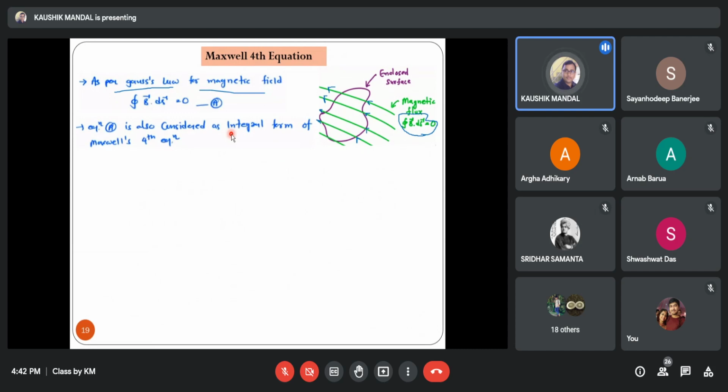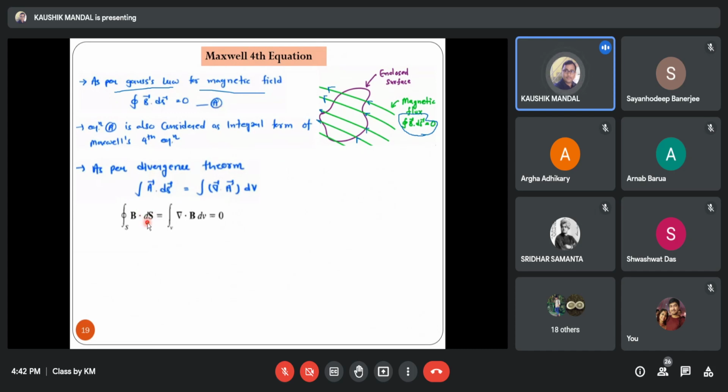On the left hand side, it is a surface integral, so we have to apply the divergence theorem, because now we have to convert from surface to volume integral. If we apply the Gauss divergence theorem, the integral of A dot ds equals the integral of divergence of A dv. So applying this divergence theorem to equation 1a, it will be basically the divergence of B equal to 0.